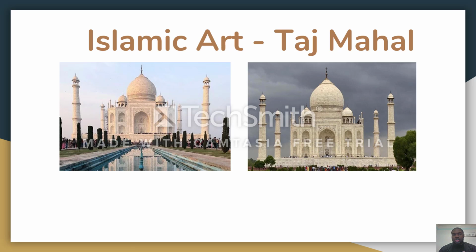Islamic art on the Taj Mahal. It was built by Mughal Emperor Shah Jahan in memory of his wife Mumtaz Mahal, with construction starting in 1632 AD and completed in 1648 AD. With the mosque, the guest house, and the main gateway on the south, the outer courtyard and its cloisters were added subsequently and completed in 1653 AD.